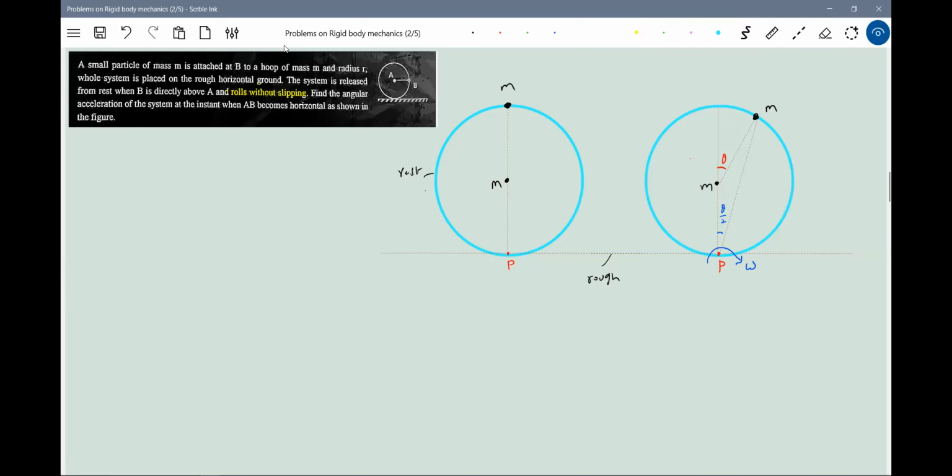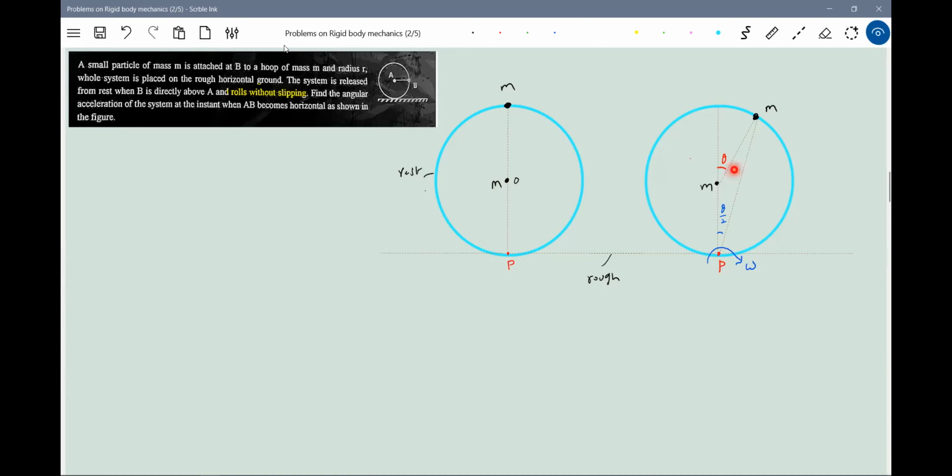Now let's come to this one. In rolling motion, there are two options. We can describe the motion by standing somewhere on the ground, motion about the center or about O. You can describe motion of the system about O, or you directly come to the instant center, then the whole system will appear to have only rotatory motion. Which will be much easier. Will you stand here, give some small push the moment you release, then the torque due to mg will act, then friction will act, then write the equation and so on, or you directly come to the instant center. This will be much easier for you.